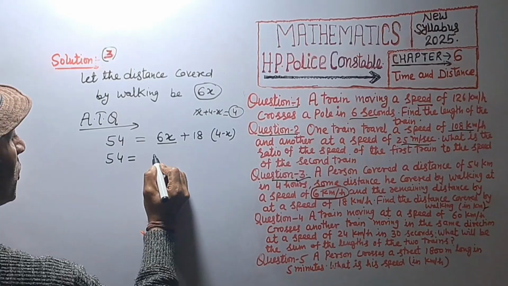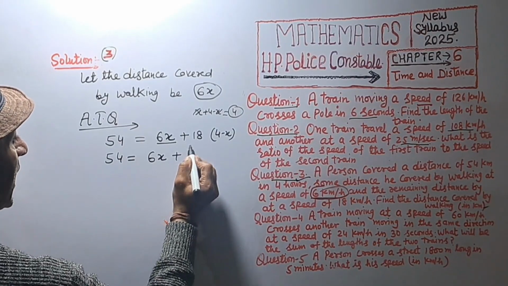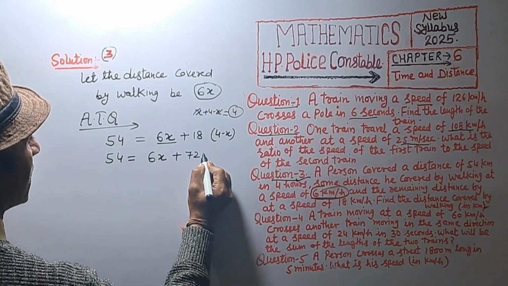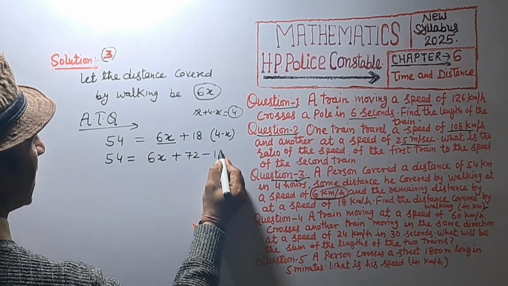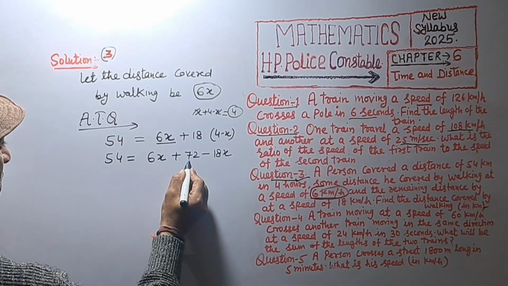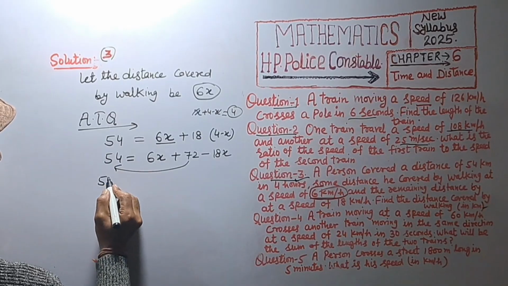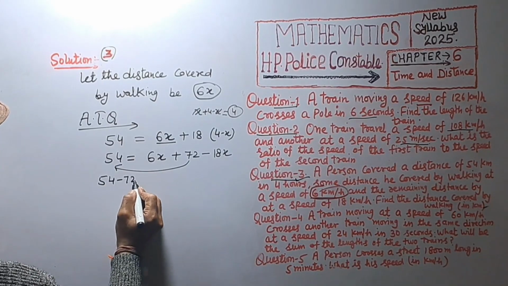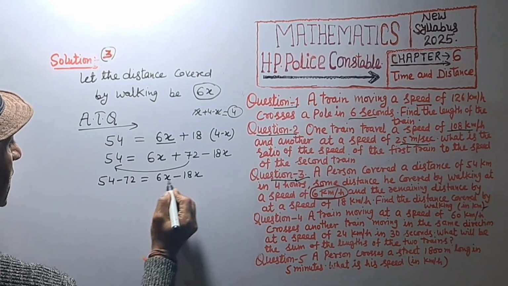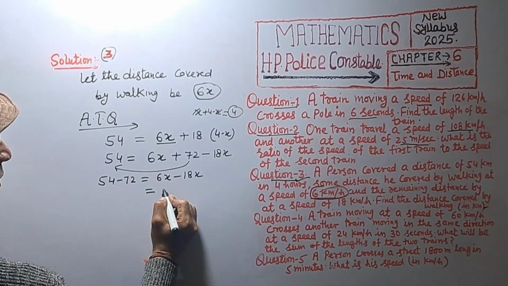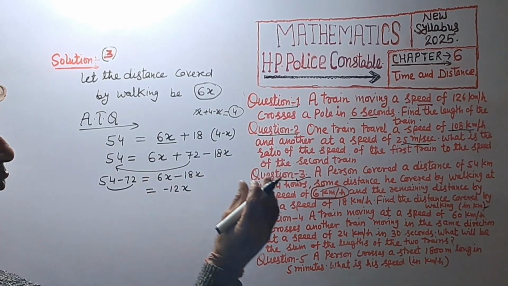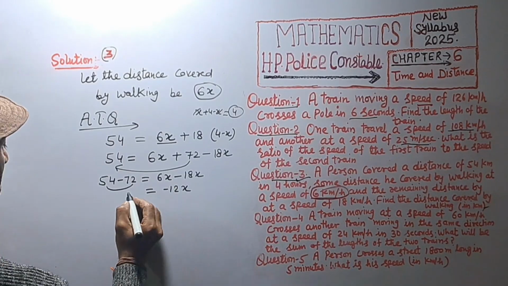So 54 is equal to 6x plus 18 multiplied by 4, 72, minus 18 multiplied by x, 18x. We are shifting 72 to the left side, this will be negative, and 6x minus 18x is equal to minus 12x, and 54 minus 72, that is equal to